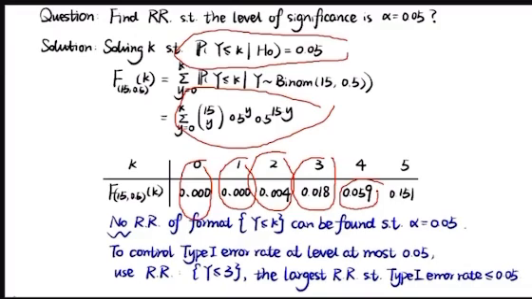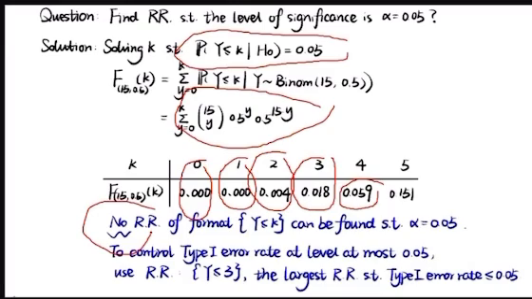That was why I said, to control the type 1 error, the rejection region of the form y less than or equal to k can be found such that the level of significance is 5%. To control the type 1 error rate at most 0.05,